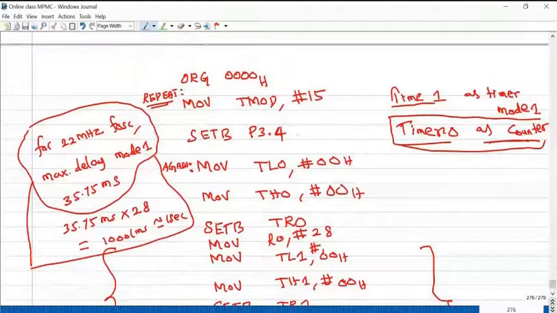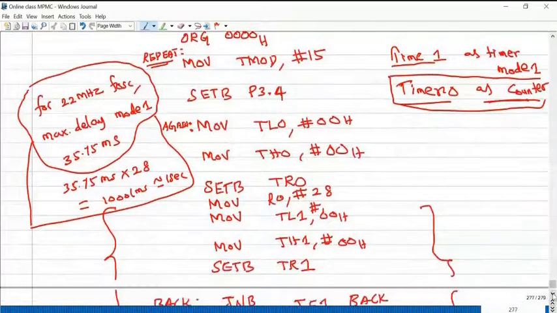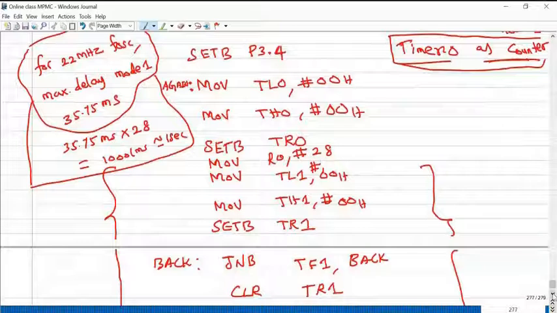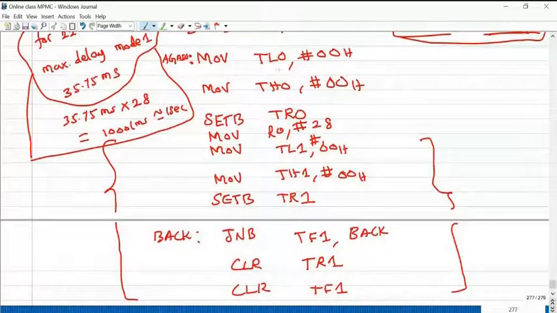So set P3.4, activate P3.4 as an input. Okay. Initially, timer 0 is going to act as the counter, set to 0. So whenever it receives clock pulses, TL is incremented by 1. When TL reaches FF, then TH starts incrementing.